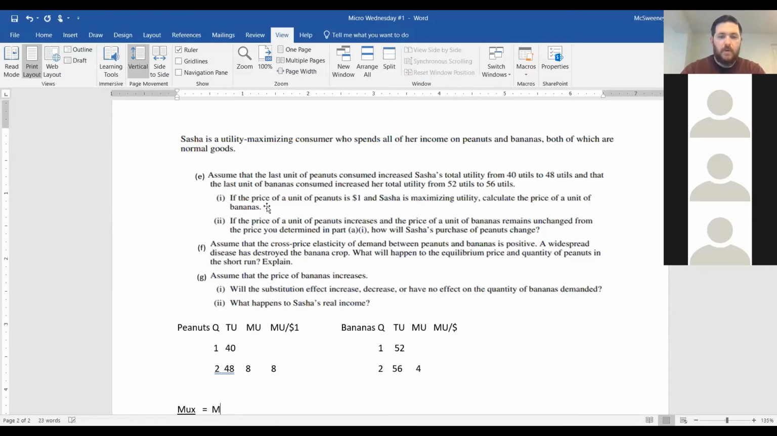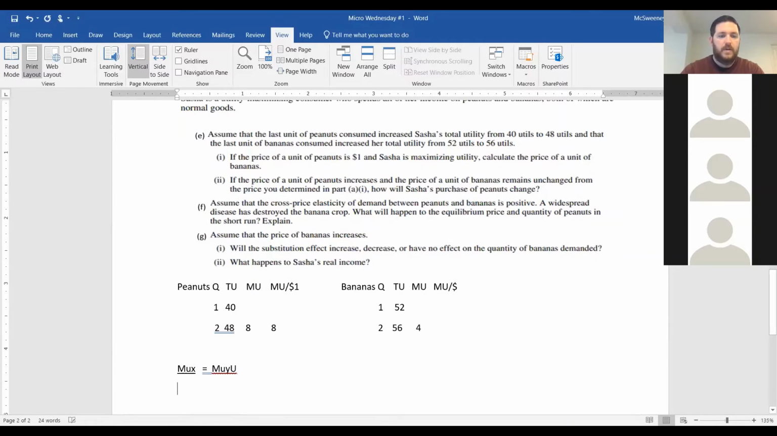It's going to be the marginal utility of good Y. Okay, so it's the marginal utility of good X over the price of good X is equal to the marginal utility of Y over the price of good Y. Okay, so in this case, if we actually look at it, we're going to plug in the